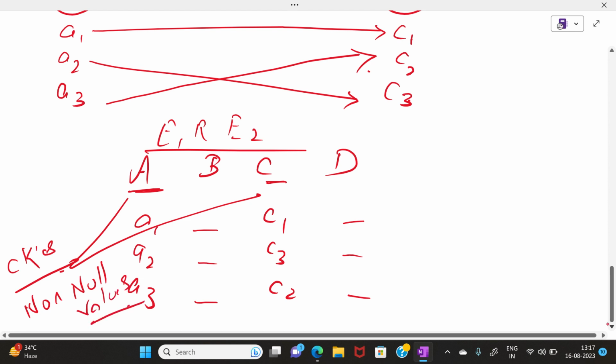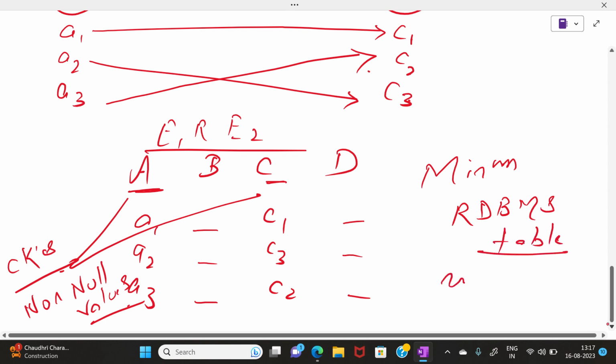Either one of them could be the primary key, so minimum, it will be a minimum RDBMS table, with no foreign key,